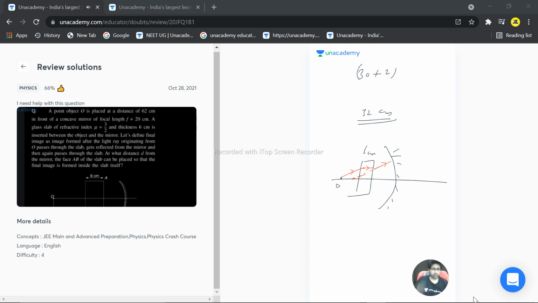So now it should be less than 32 centimeter, and it should be greater than, we need to subtract 32 and 6 because this is 6. So what is 32 minus 6? We are getting 30 minus 4, that is 26, and it should be less than 32 centimeter. So that's the answer for the question. Hope this answered the question. Thank you very much.